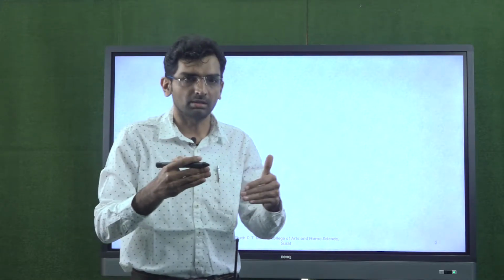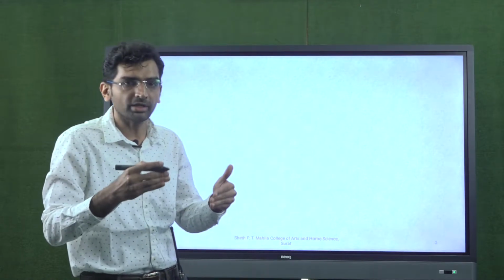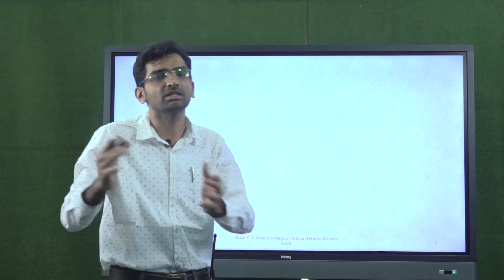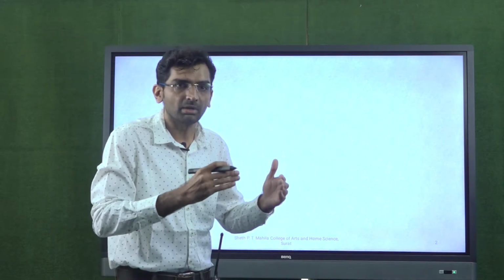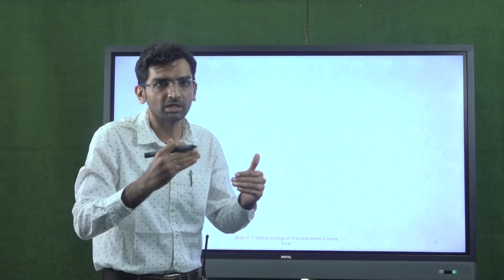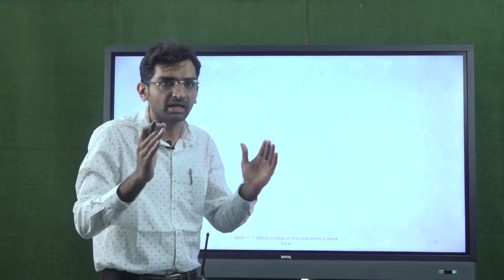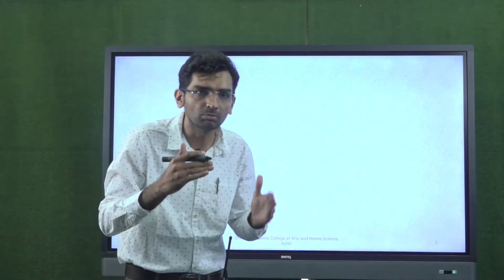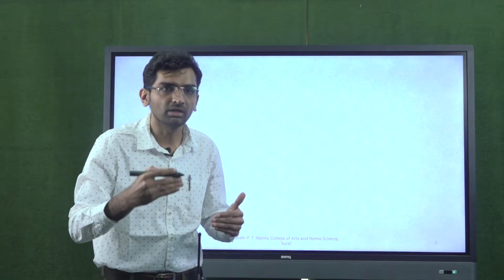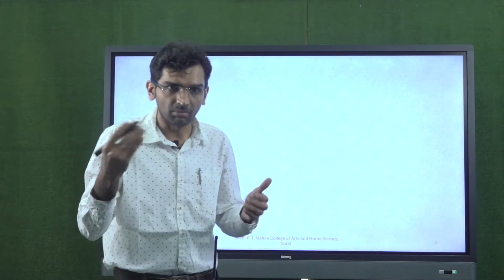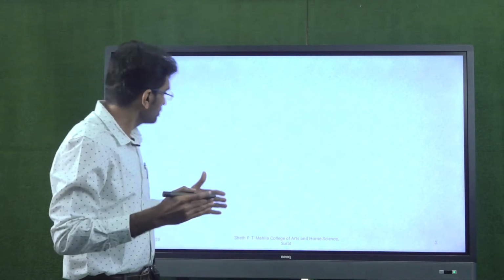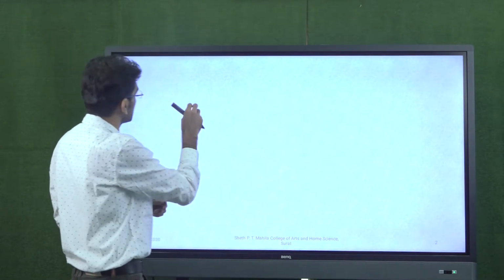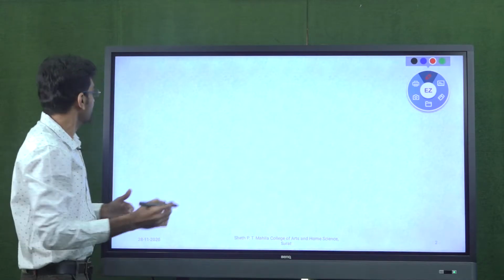In normal mathematics we do multiplication, but there we multiply a scalar quantity with a scalar quantity. Let's say I am multiplying 2 with 3. So 2 multiplied by 3 is 6. But that is the multiplication of scalar with scalar. But what about vectors? If I want to multiply one vector with another vector, how can I multiply? There are two types of multiplication of vectors. So I will write here vector multiplication.